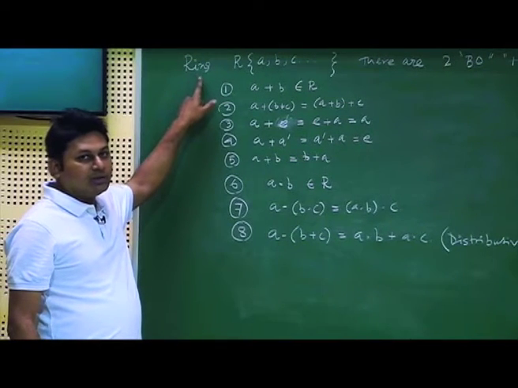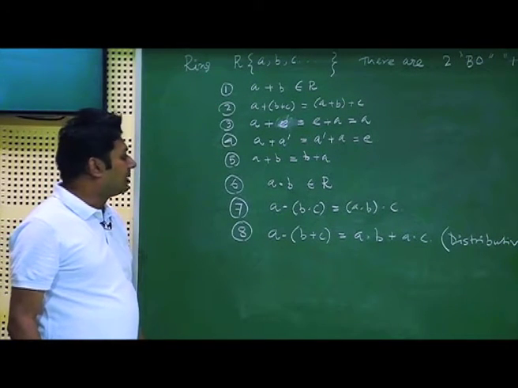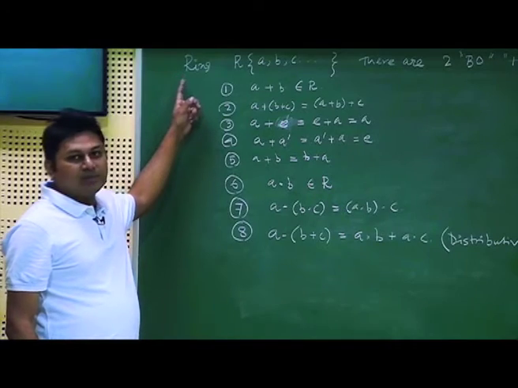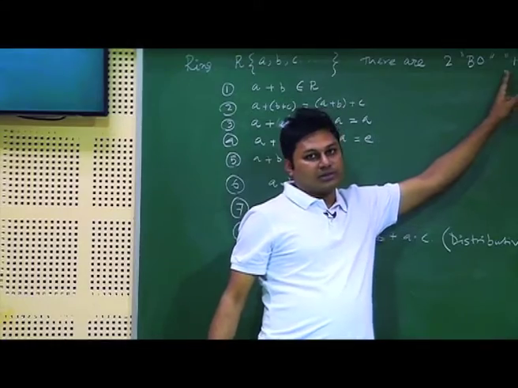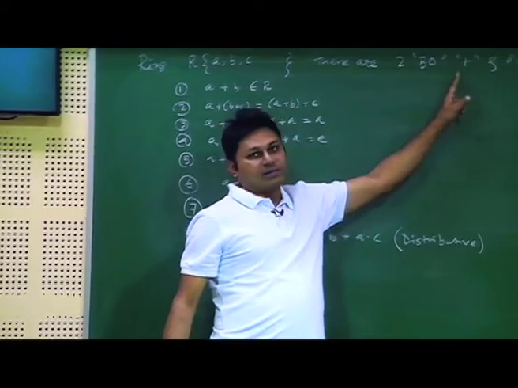So now if a set R is following all these rules, then it is called a ring. We need to know this concept of ring very clearly, because ring is a very important concept. As I mentioned, this is where I am associating two different operators, one is star and another is plus.